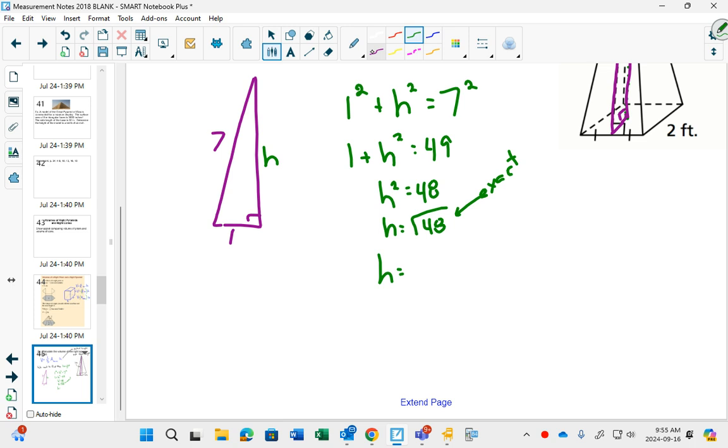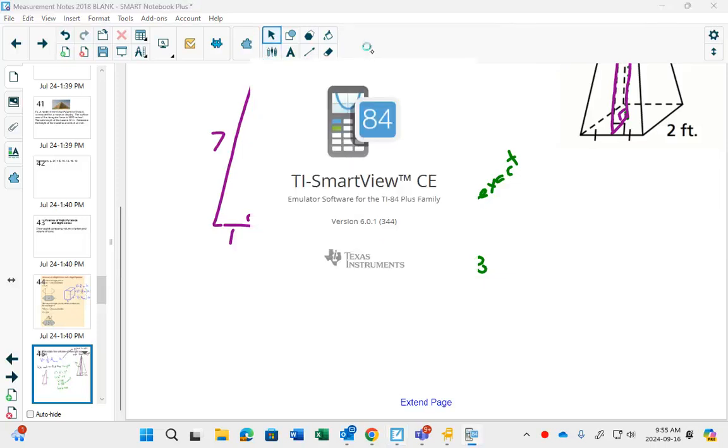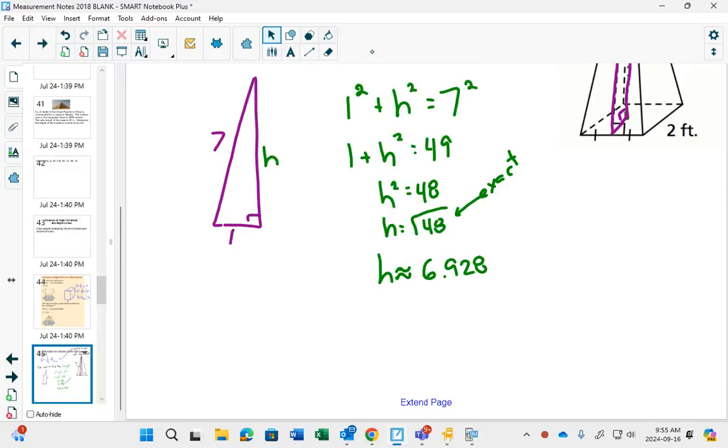One of the things that comes up on quizzes and tests is how we have to be careful with rounding. So if I go to my calculator and I do the square root of 48, I get 6.928. But I've rounded that. So there's ways that we can use our calculator, and maybe I'll bring up the calculator on the screen as well, so that we keep things exact. So while that's loading up, we now have the height,